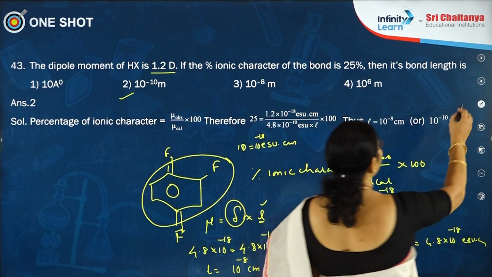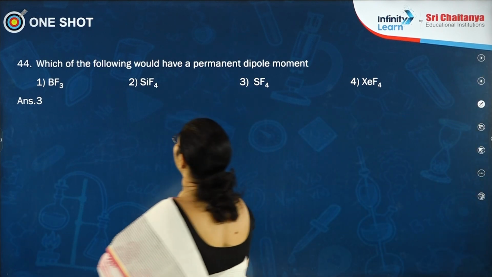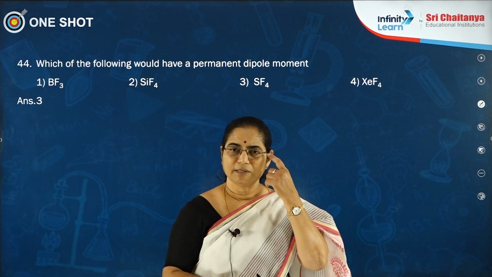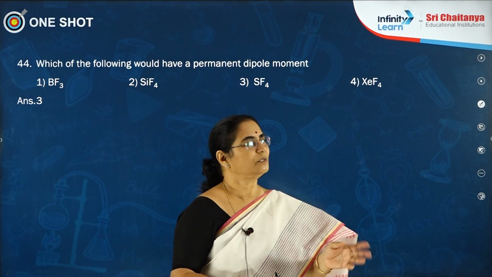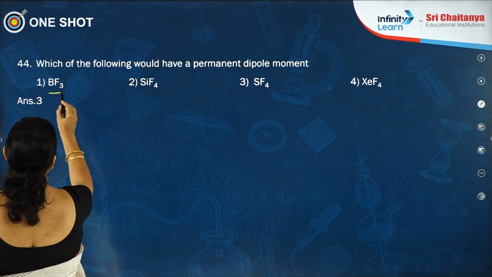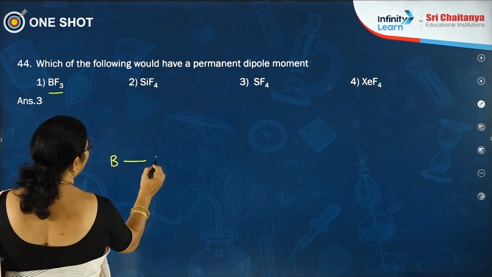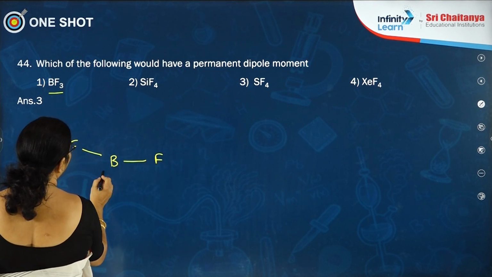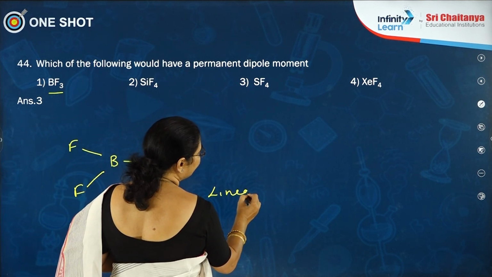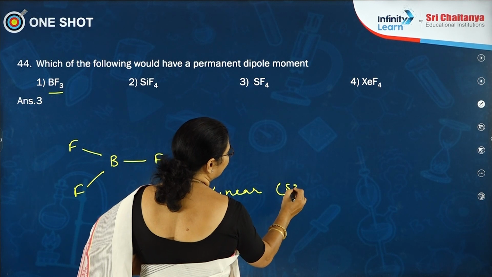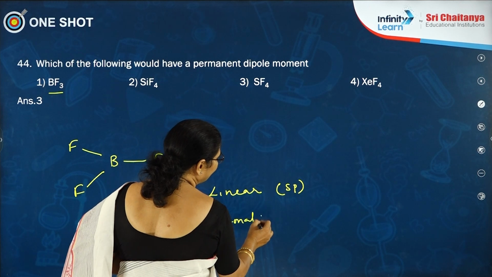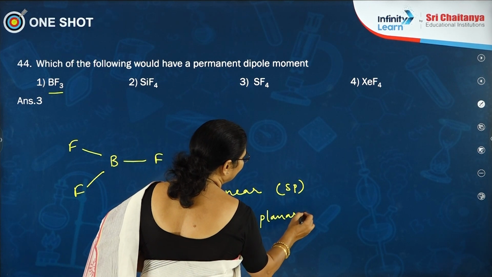Next, which of the following would have a permanent dipole moment? What is the meaning of permanent dipole moment? It means which compound possesses a dipole moment, that is nothing but a permanent one, remaining no. BF3, BF3 is a trigonal planar structure. Here this is the molecule. As it has trigonal planar structure, listen carefully, all linear molecules with sp hybridization, all trigonal planar molecules with sp2 hybridization